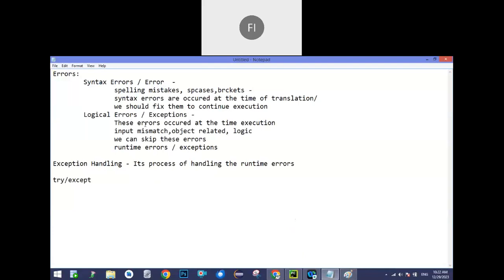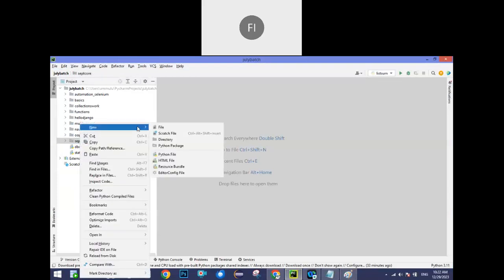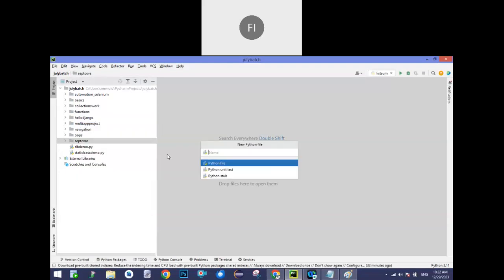We'll see, you can understand, and what the issue is if you don't handle it, and what the advantage is if you handle it. If you see a program, your brain will be more clarified on all those questions. Okay, so for that I'm just creating one program. So I want to do the division of two numbers, Nana. Okay, what I want to do is division of two numbers.